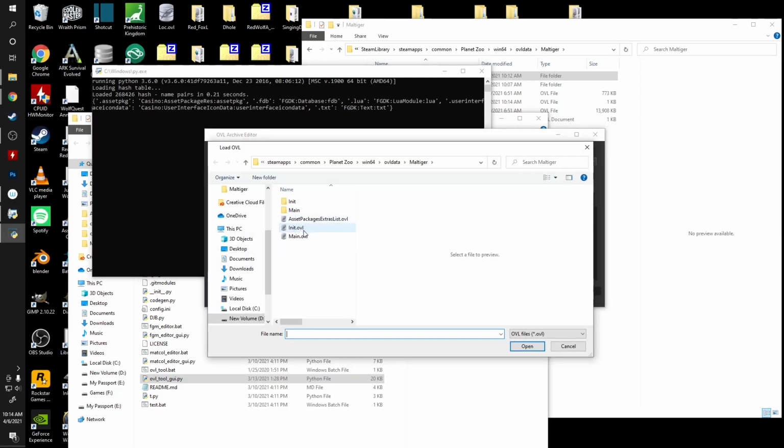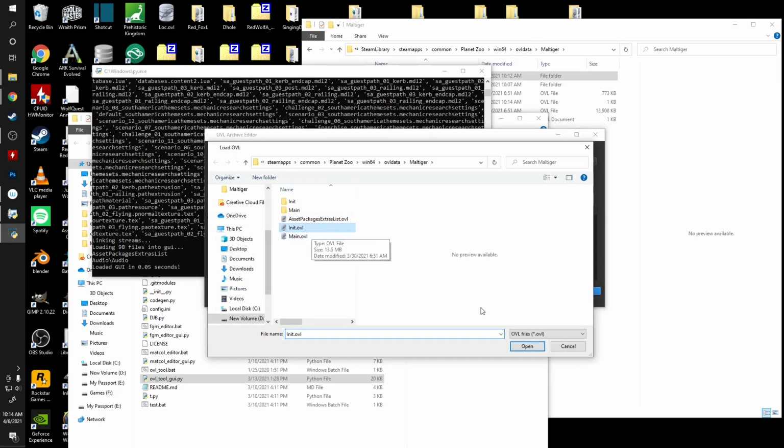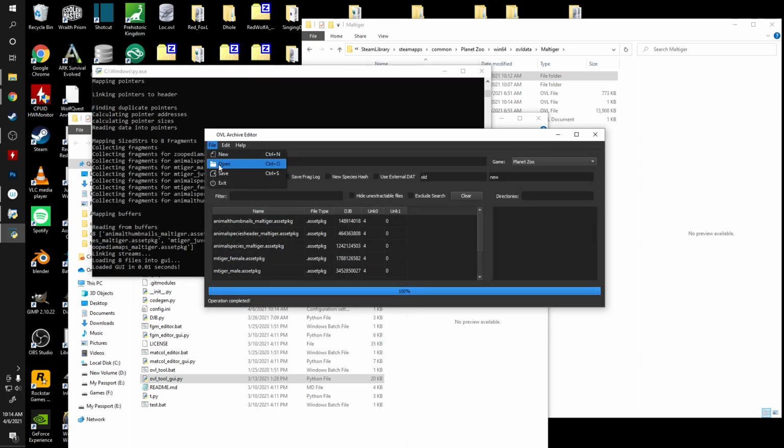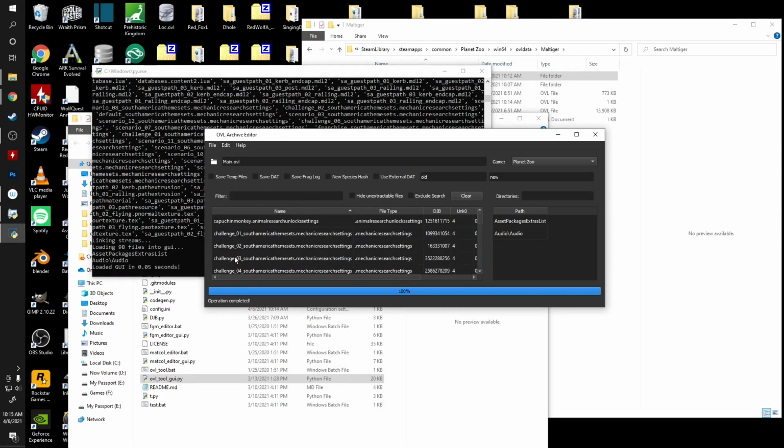We're going to open the main. We're going to open the init. And then we're going to reopen the main. Okay, the main is open. I like to sort it by name. So we are going to hash the main. We cannot delete anything out of this one. It doesn't work. Over here on the side where it says path, it should only have asset packages, extra list, and